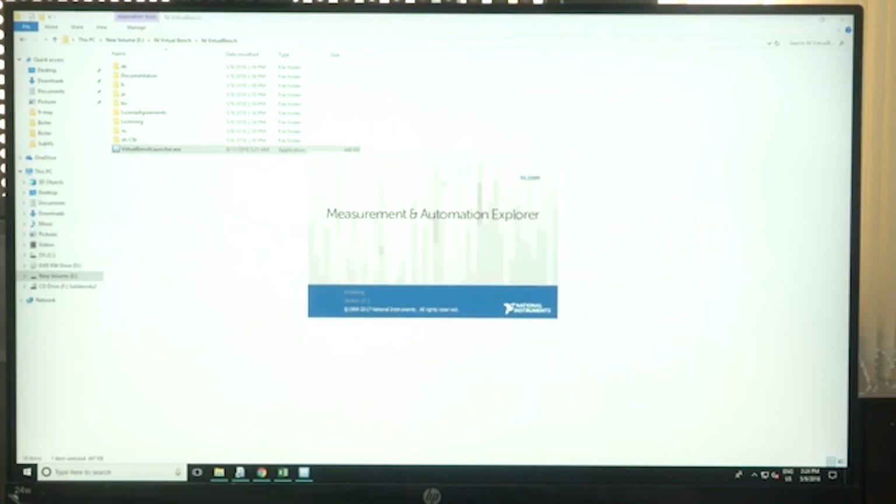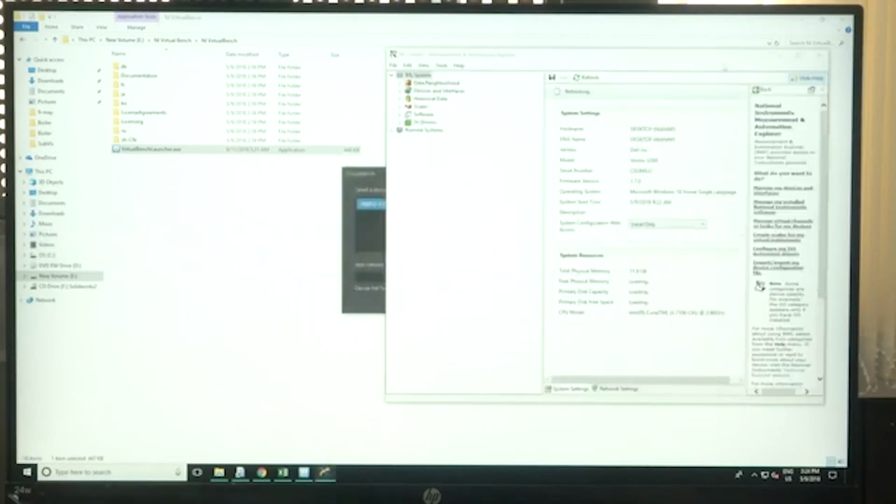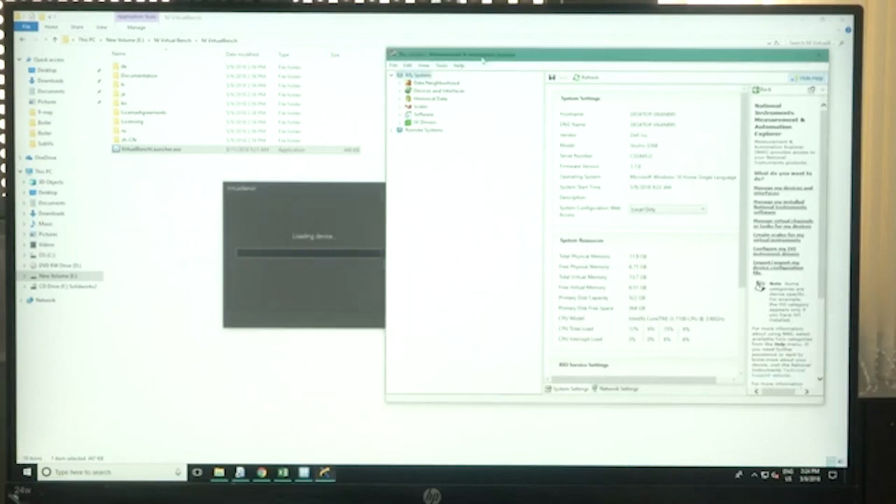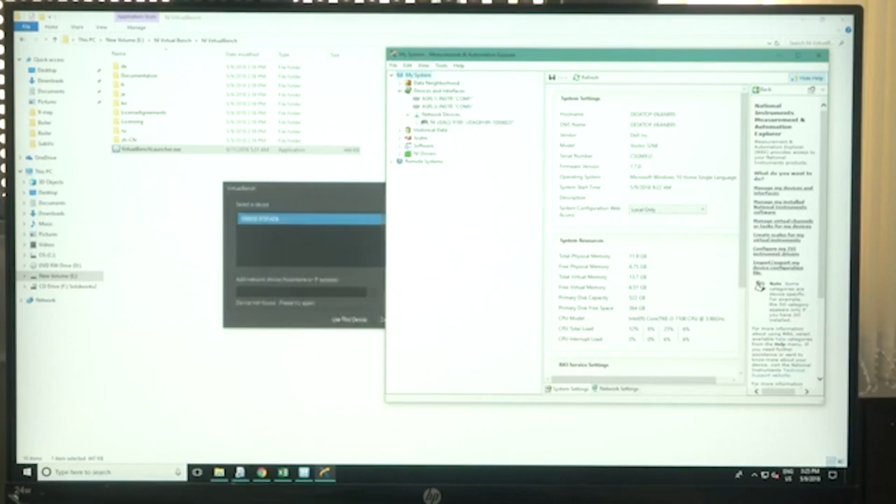This is for the cDAQ, just to test that the device has been connected and whether it is working or not. Since it is connected using a LAN in a server, here we can see what NI devices are connected in MAX, and if I click on the network devices, we can see the device name which is connected,